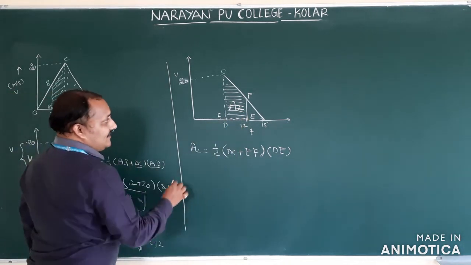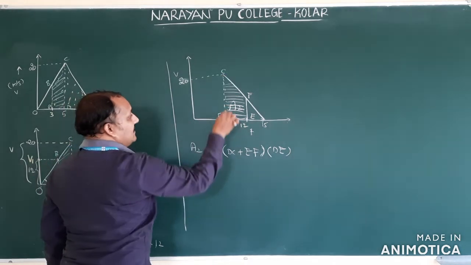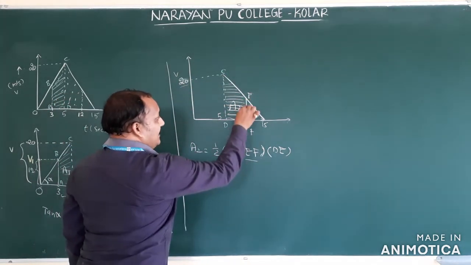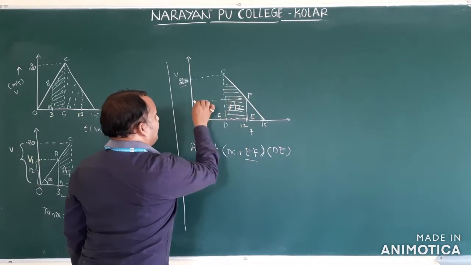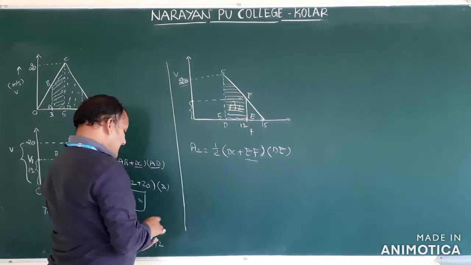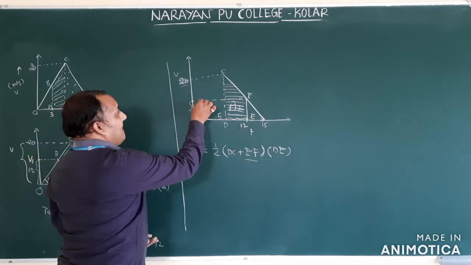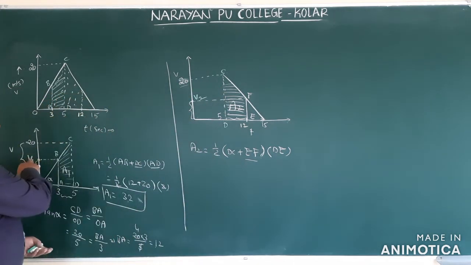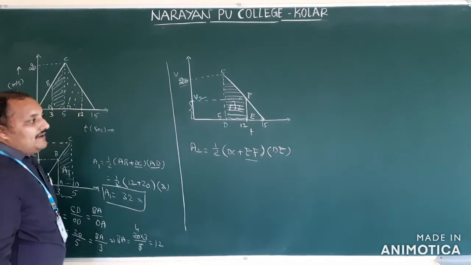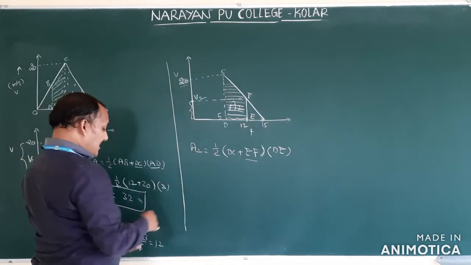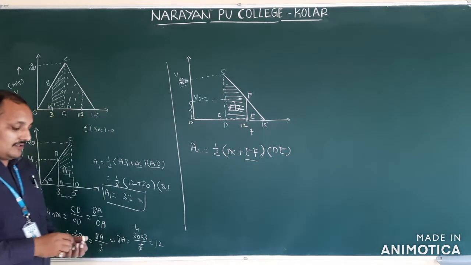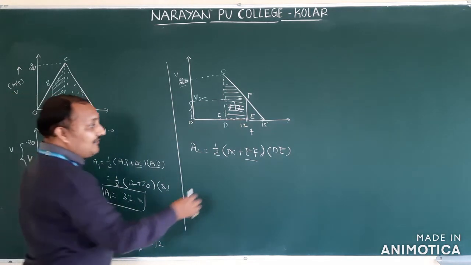Okay. Now in this we came to know DC value. DC value how much? 20. EF, this value we should calculate. Let us assume that here V1 we assumed, here we can assume V2. So this OV2 gives the V2 value. This one is origin. Now this EF we have to calculate.